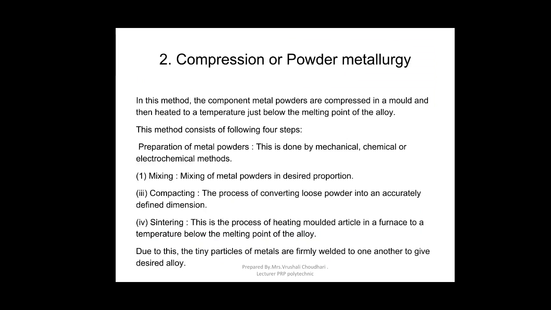The process of converting loose powder into accurately defined dimensions is called compacting. And this is sintering. It is a process of heating molded articles in a furnace to a temperature below the melting point of the alloy. That is called sintering. Due to this, the small tiny particles of metal are firmly welded or joined to one another to give a